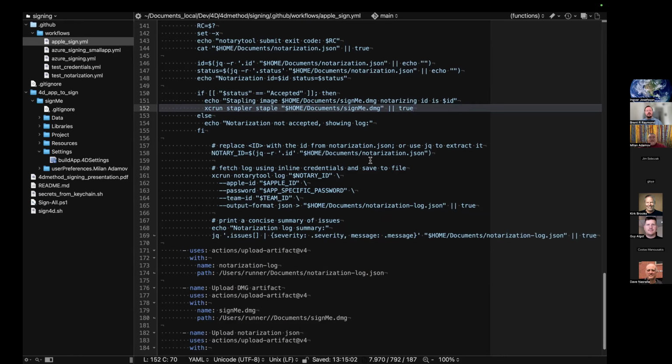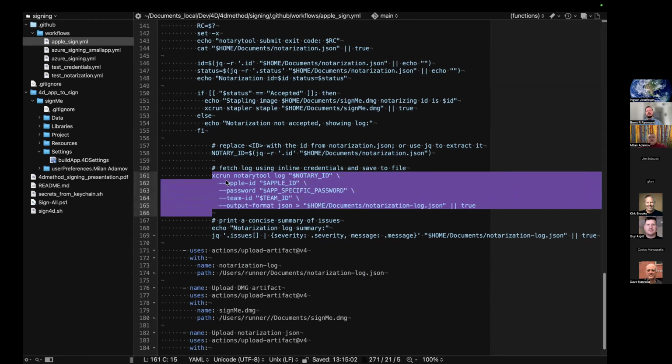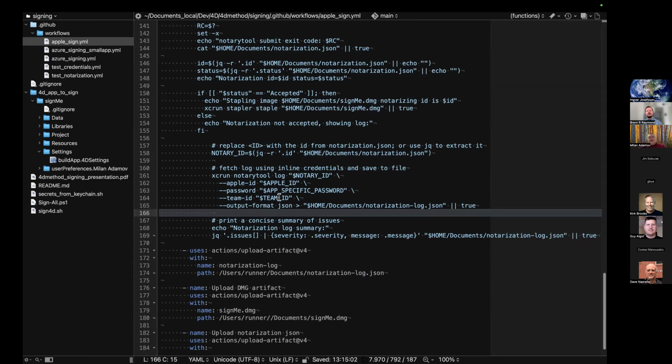It's very, very hard to check where you failed, especially in GitHub Actions. It's not descriptive. So you have to find the ID of your notarization process, what you just ran on Apple, and then get the log of it. Maybe this will tell you something more about why the thing failed.